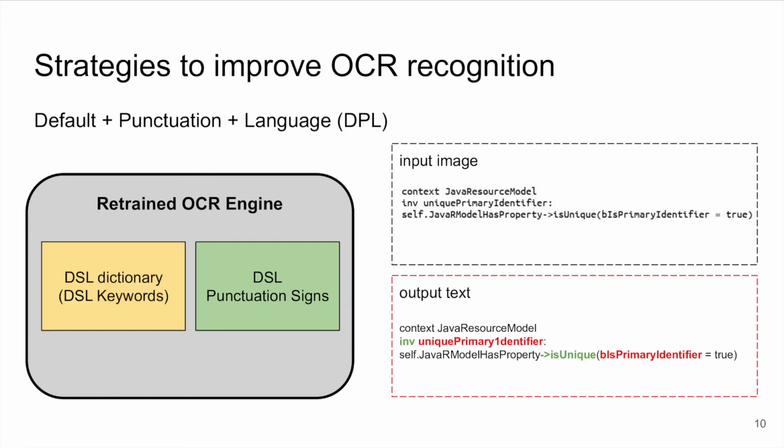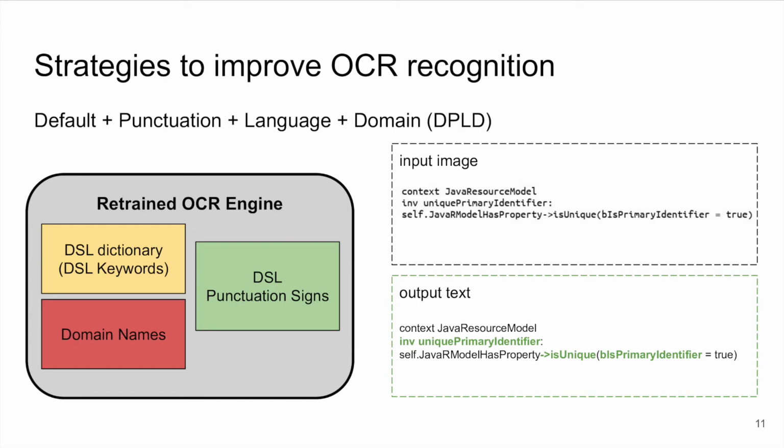In the second strategy, which is an extension of the previous one, we are deleting all English words and adding lexical information of the DSL itself, such as keywords, function names, or types. An example of that is the function isUnique used in the expression. As in the previous approach, we have to generate our model once for every DSL that we want to recognize. This approach allows us to repair all the words related to the DSL, but how can we fix the other errors?